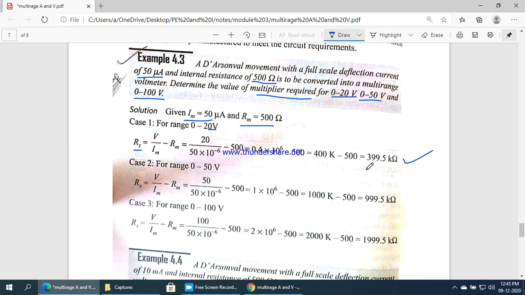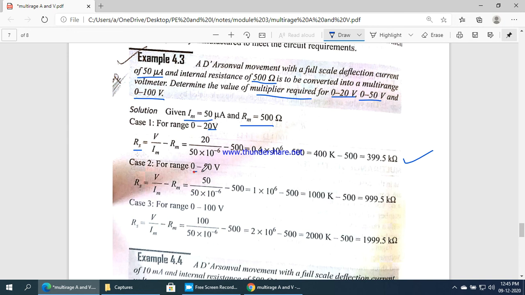Here the unit is very important. Sometimes, as in the previous problem, Im current is given in milliamps, and the current which we have to calculate is given in microamps. So the unit is very important in calculating. Whenever you are using a calculator, wherever micro is there, substitute 10 power minus 6, and wherever milli is there, you have to substitute 10 power minus 3. So ampere, in the sense, we cannot neglect the unit.